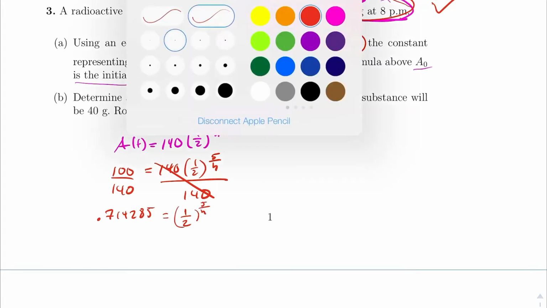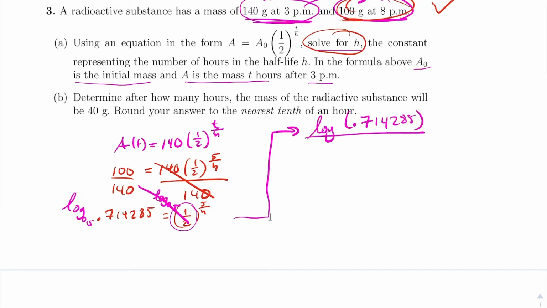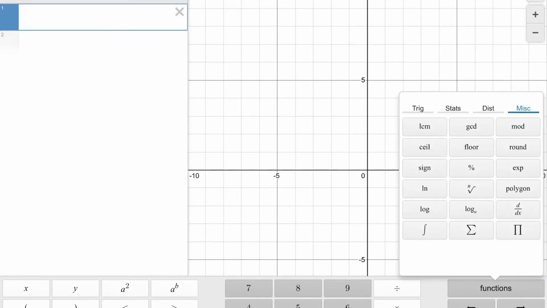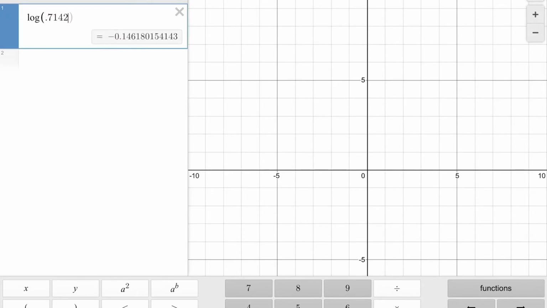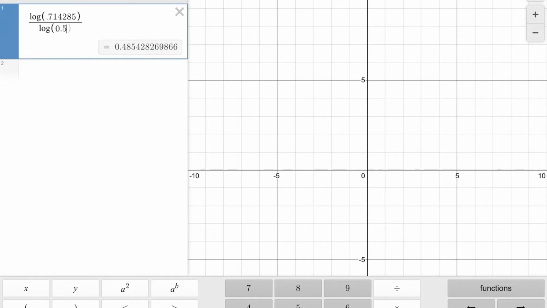Now, we need to solve for h here, so we need to get rid of this base. To get rid of a base of 1/2, we want to do log base 0.5, because 0.5 is the same thing as 1/2. So you do log base 0.5. That gives us log of 0.714285 divided by log of 0.5 equals 5 over h. So doing the math over here, we get log of 0.714285 divided by log 0.5,